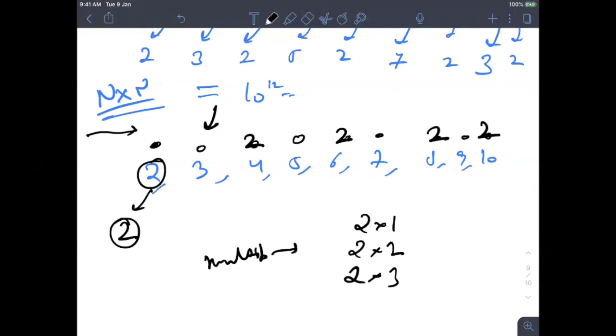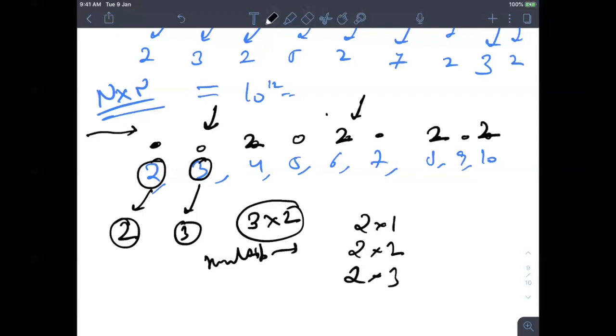3 is 0, which means 3 is a prime number. So I will store 3 in its multiples. One thing we have to be careful about: first we mark 3. Now its first multiple is 3 into 2, which is 6. If you update this 6 by 3, this will be wrong, right? So you must be cautious and only update those numbers whose prime factor is not calculated yet. Here 6 already has a value which is not 0, which means we have already found it. So let's ignore it and move further.